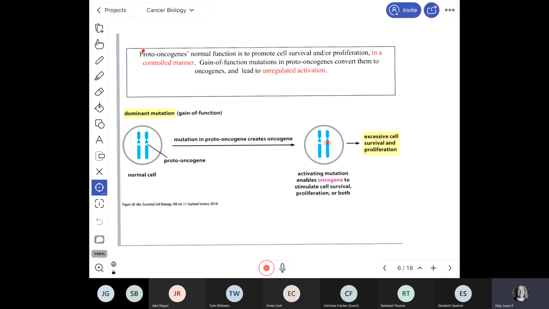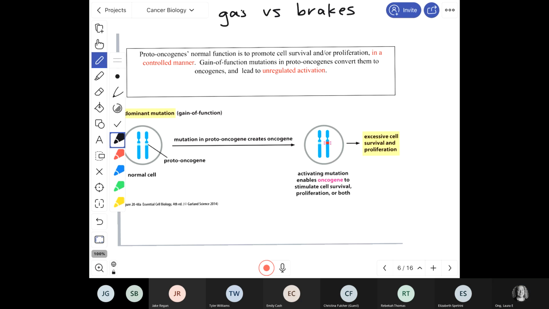So when we think about genes that control the cell cycle, I kind of talked about before pushing on the gas, if we're driving a car, versus pushing on the brakes. So we can make the car go forward by pushing on the gas and head toward a destination. Or we could put on the brakes and stop the car from moving forward. So when I think about proto-oncogenes and tumor suppressor genes,